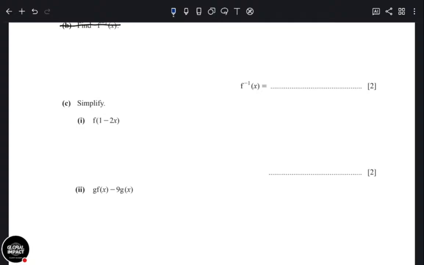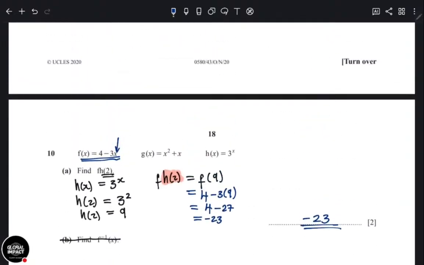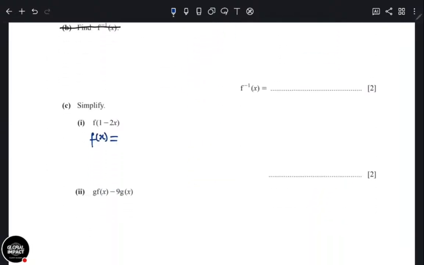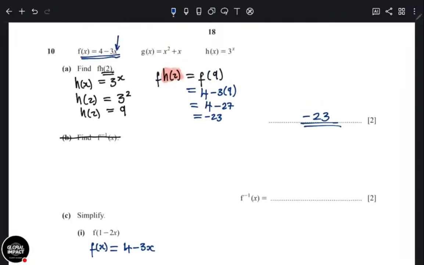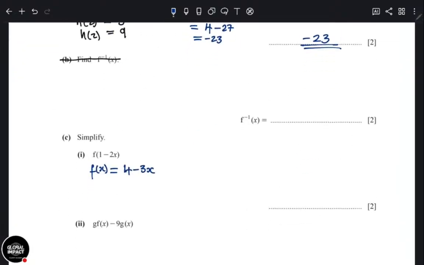Okay, so here they say simplify f of 1 minus 2x. This is another substitution. We are putting 1 minus 2x into f. So you can first say, what is your f of x? Your f of x is 4 minus 3x. Is it 4 minus 3x? Yes. Wherever there is x, we are now putting 1 minus 2x. So f of 1 minus 2x